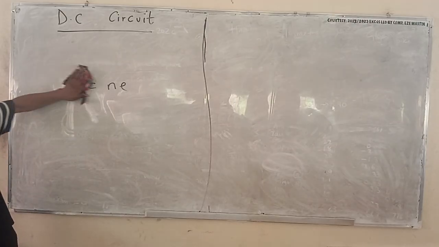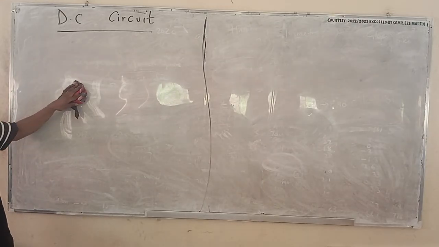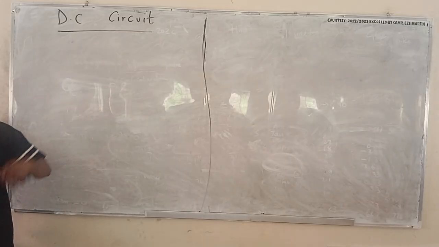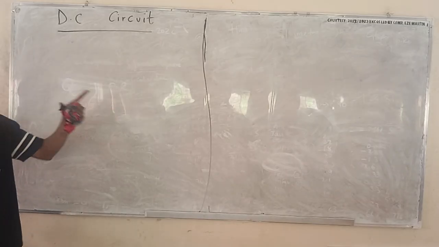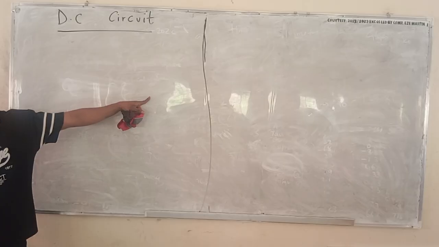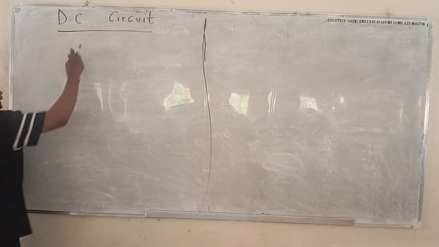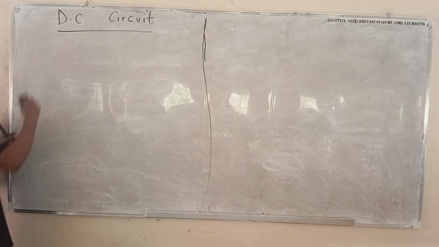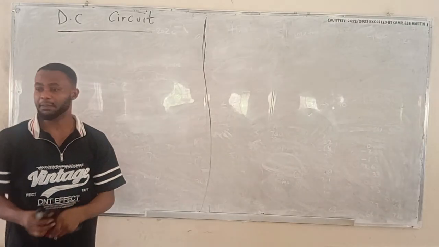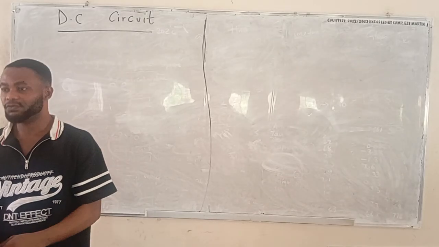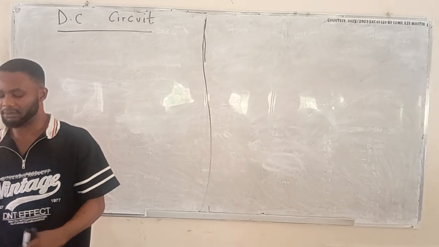But now that we are talking about DC circuits, it's no longer going to be just Q equals NE. We're now talking about charge in a wire. So this Q equals NE will now have something extra to it. So before that, let's start with what the DC circuit is talking about. So we say that direct current circuit is a type of circuit where current flows directly from the source,